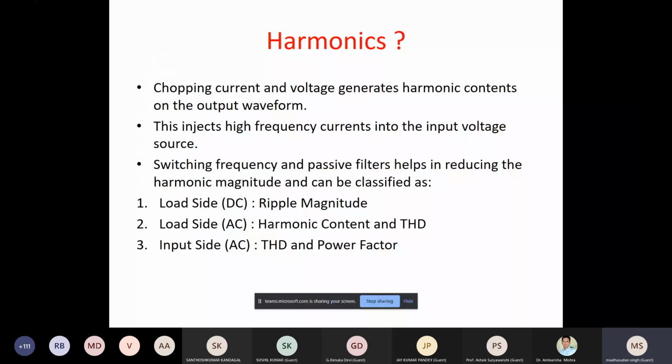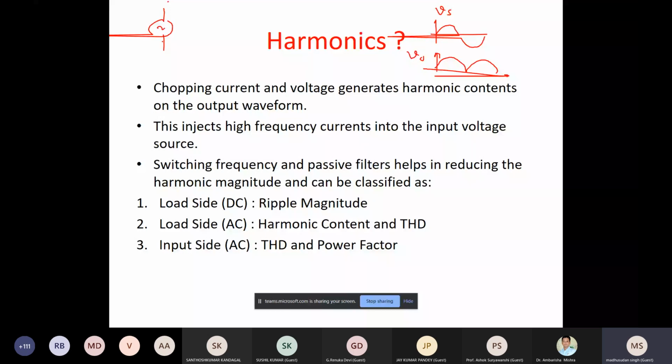Whenever you have, say, a sine voltage like this, you call it supply voltage, and you rectify it. So you put a diode rectifier, you get a V naught. So the moment you put a diode rectifier on this kind of supply, so you have an AC supply Vs, and if you put this AC supply to a diode rectifier, could be a bridge rectifier or any other configuration, and on this side you put some inductive load and all, you will see that this side is a DC voltage, but this current is